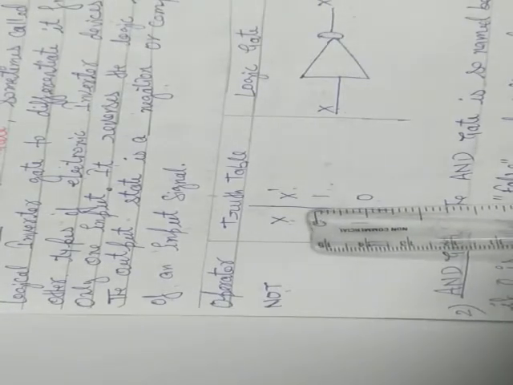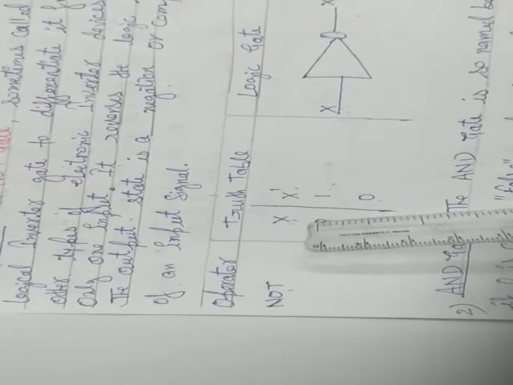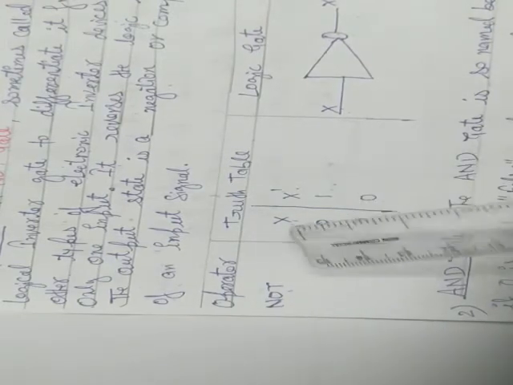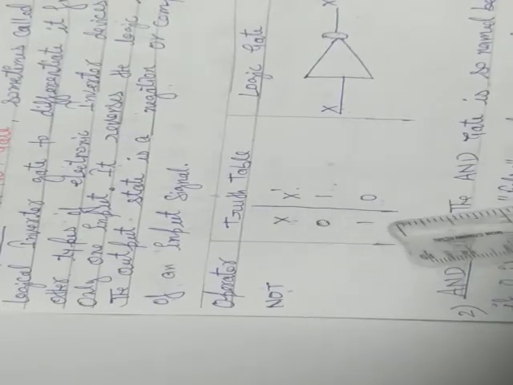Here we have the table. The operator is NOT, and the NOT operator has a truth table. In the NOT operator we have only one variable, so we have two columns, and in the NOT gate we have the opposite or reverse variables. So if in this column we have x, the opposite is x complement or the negation. 0 is false, 1 is true. If the x value is 0, the opposite or reverse is 1. If the x value is 1, the opposite or reverse is 0.